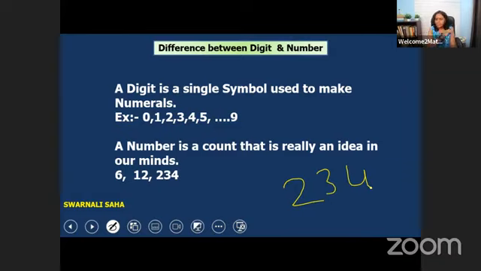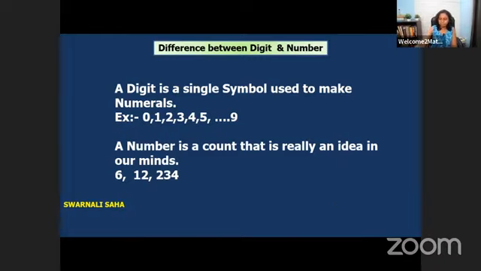So we can make any number with the help of these 10 digits: 1-digit number, 2-digit, 3-digit, 4-digit, 5-digit numbers, by only these 10 digits. Okay. So now let's see what